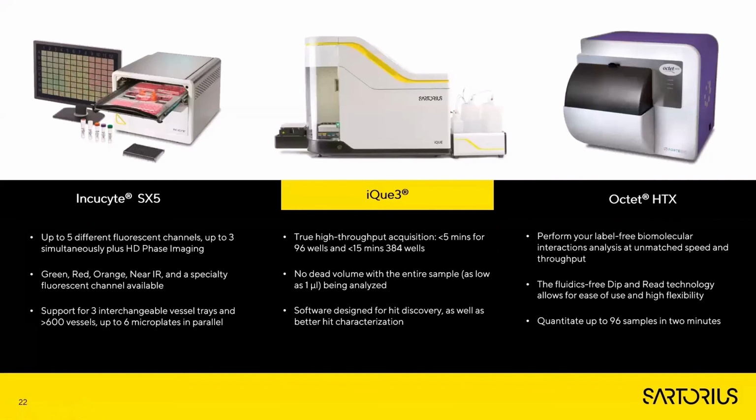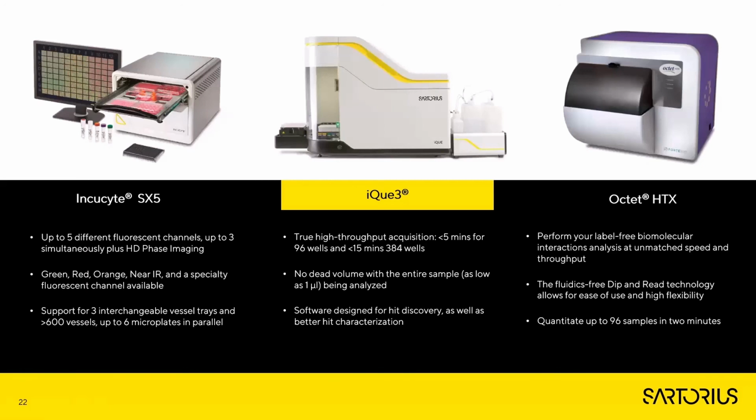So I'd just like to wrap up by going through the three different technologies which have been used to generate the data shown in this presentation. We have the IncuCyte SX5 live cell imaging and analysis system. This is an incubator-based system which is able to obtain images of cells on a repeating basis and then convert those images into data points. This allows for the kinetic analysis of dynamic processes such as immune cell killing assays in an optimized environment for cell growth. The SX5 is capable of obtaining up to 5 different fluorescent channels, with up to 3 channels being obtained simultaneously. The system can support up to 6 microplates in parallel, allowing for high throughput analysis in a live cell imaging context.